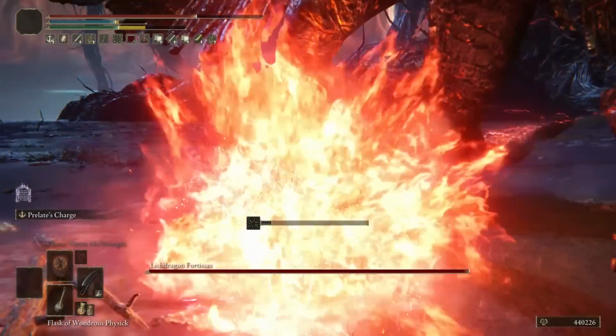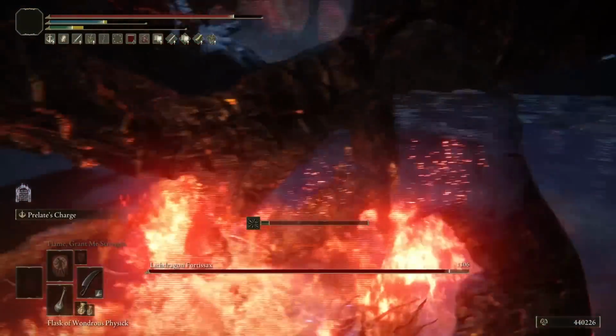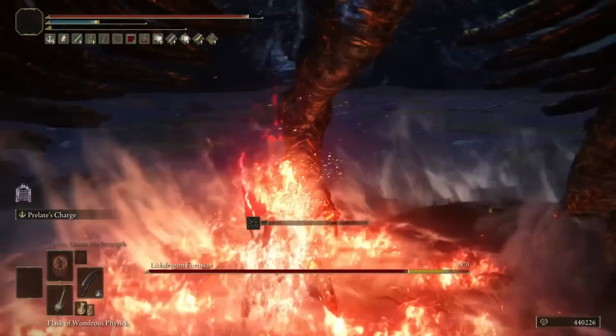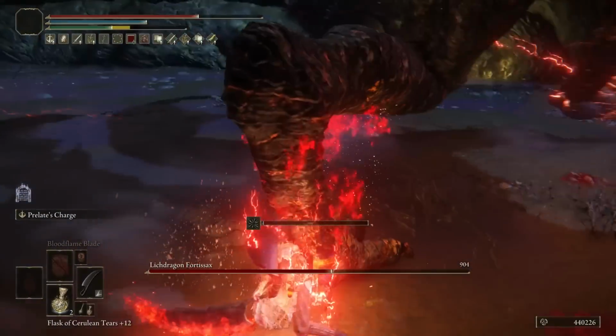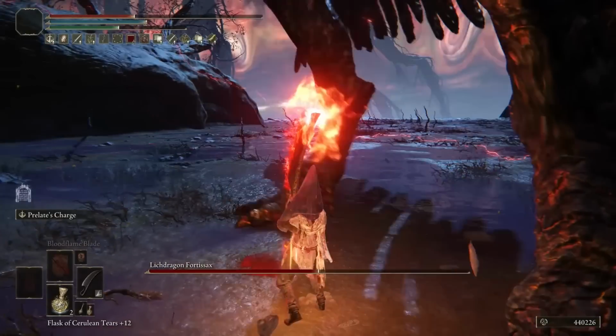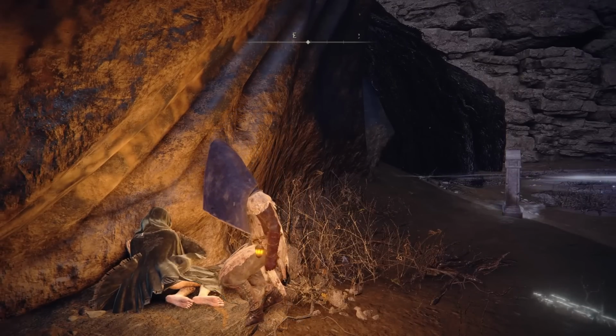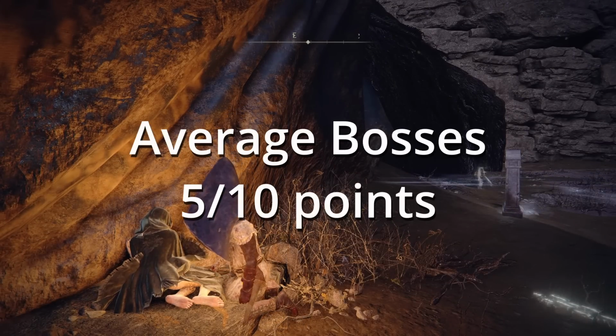And if you're going up against large bosses, this really depends on how skilled you are with landing successive Prelate's Charge attacks. You're not going to do a lot of damage per strike, but if you can land several attacks in succession, you'll be healing while also dealing a large amount of damage. For all of those factors, we give it a 0 for agile bosses, a 5 for average bosses, and a